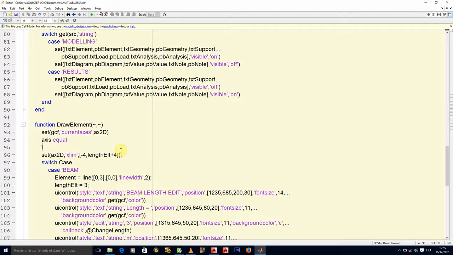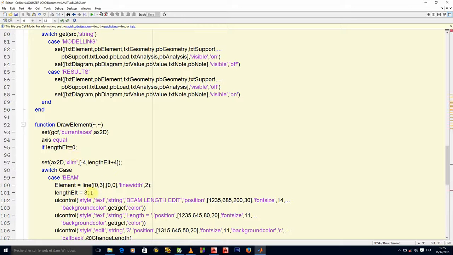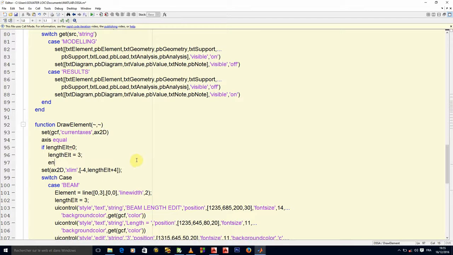We simply have to say if length element is equal to 0, then length element is equal to 3. Let's just keep it like that. Control C, Control V, and here end.